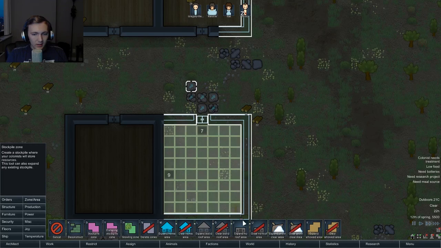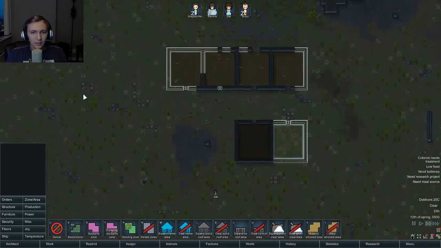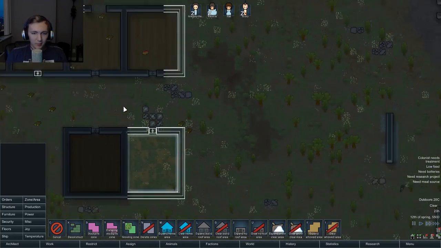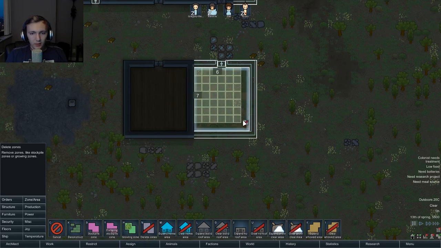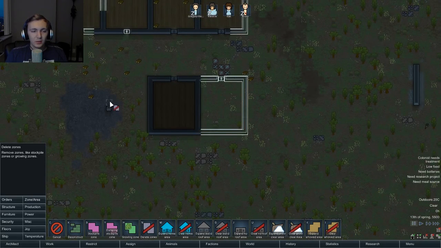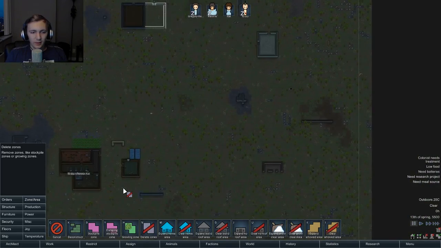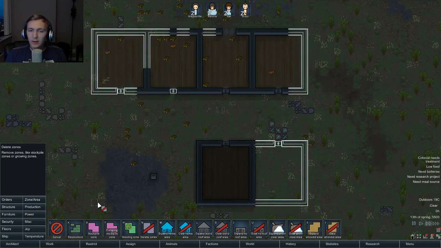We're gonna zone this as a new stockpile zone. I'm not even gonna worry about flooring that right now. I'll worry about that later. For now, just need a place to store stuff. Whoa, wait, whoa. How to, there we go. Delete zones. No. This is gonna be refrigeration. Stockpile is gonna be over there. I'm getting all kinds of mixed up. So we're just gonna build the room for right now,